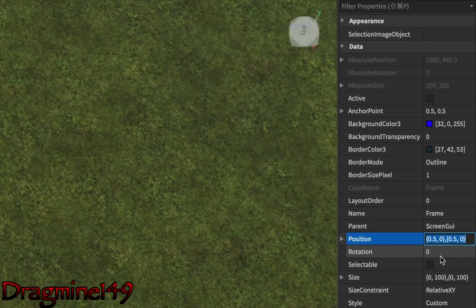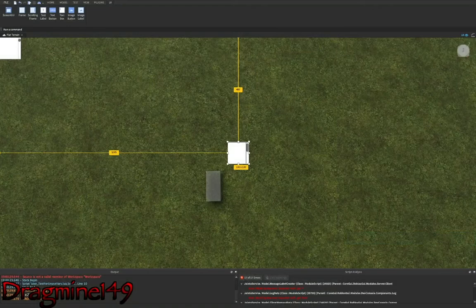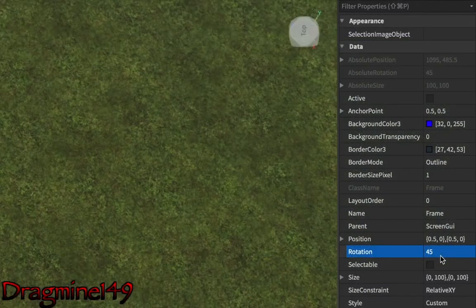And offset is how far offset it will be from that position. Normally I recommend using scale and not offset if you want it to be the same. Rotation is how many degrees this rotates. So if I change this to 45, as you can see, it's slanted by 45 degrees. This could be cool. This could be useful for creating stuff.